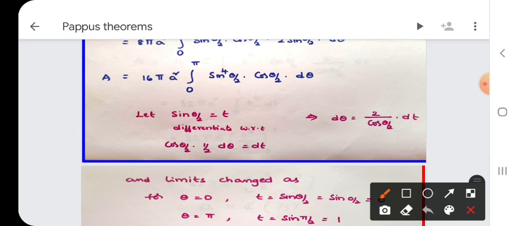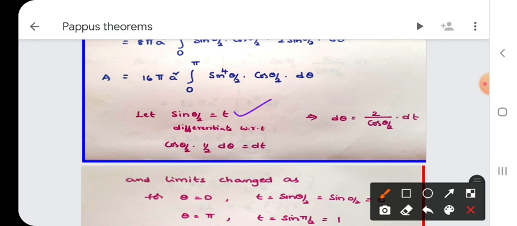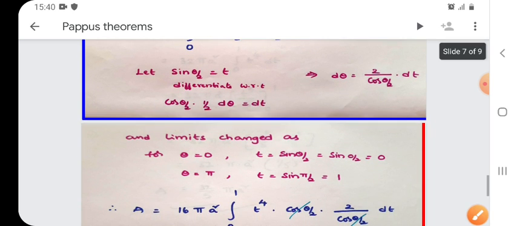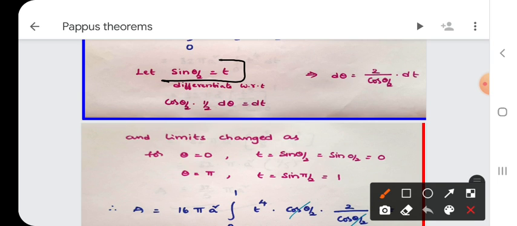Okay, for this let sin theta by 2 equal t. Differentiate with respect to t, what do we get? Sin theta by 2 differentiation is cos theta by 2 into the constant 1 by 2, d theta is dt. Therefore d theta is equal to 2 by cos theta by 2 dt. Okay, next, if you change that function, then we have to change the limit points also. For theta equals 0, what is t? See here, let sin theta by 2 equal t. What are the limits? 0 comma pi.